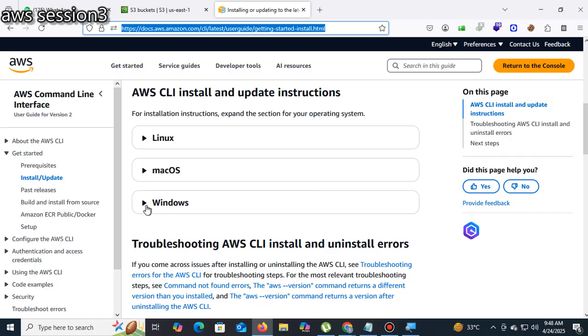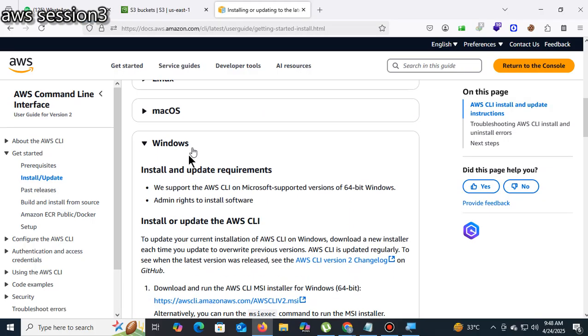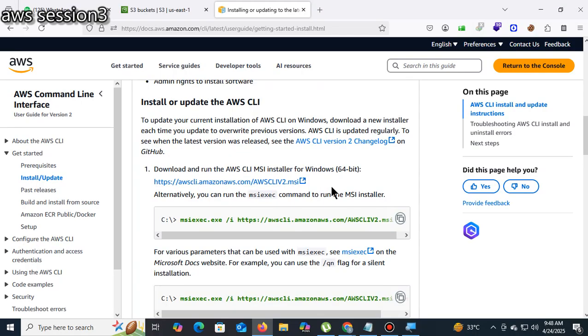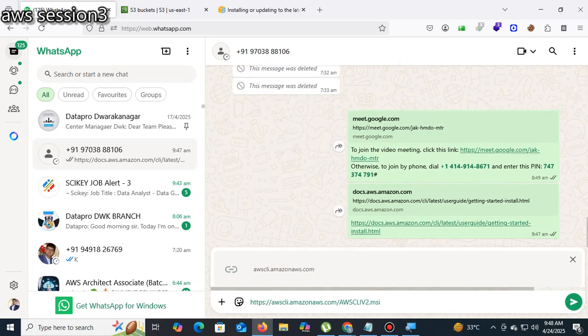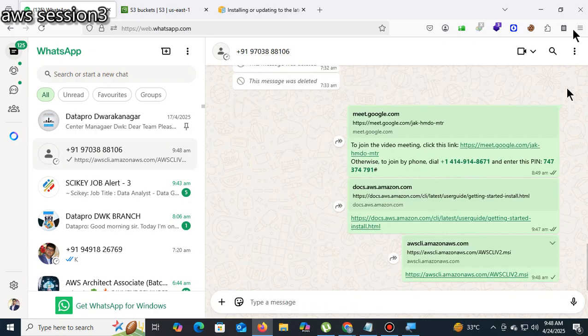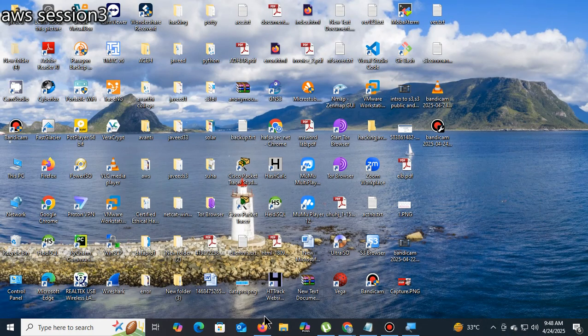Suppose I am using Windows, my local computer is Windows. From the Windows command line interface, I need to access. Then we need to download this one, the software. I just click on this one.